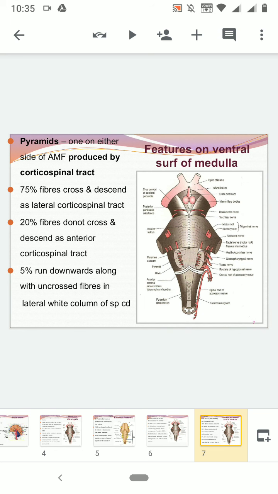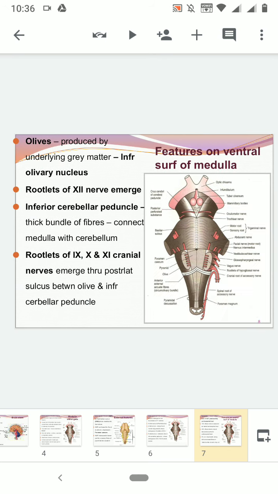These motor tracts carry voluntary motor commands from the motor cortex, that is in the cerebral cortex. We will come to the cerebrum later in the neuroanatomy classes. From the motor cortex, they carry the fibers to the different parts of the spinal cord to innervate the muscles and give the commands. Okay, fine. So they are the descending tracts.